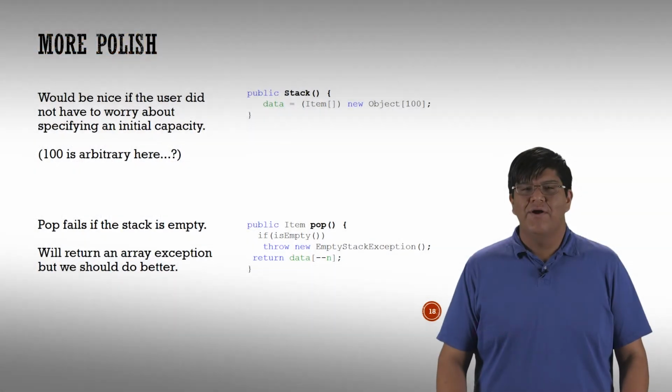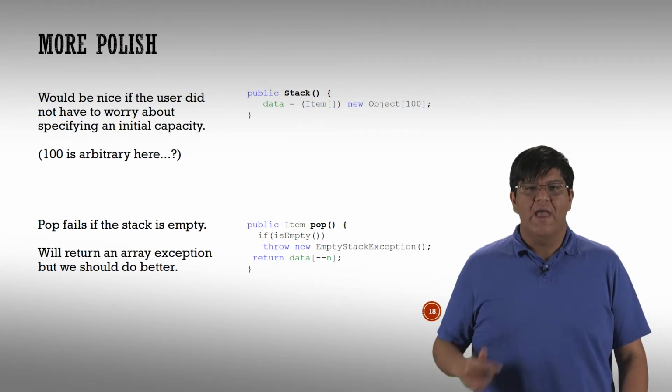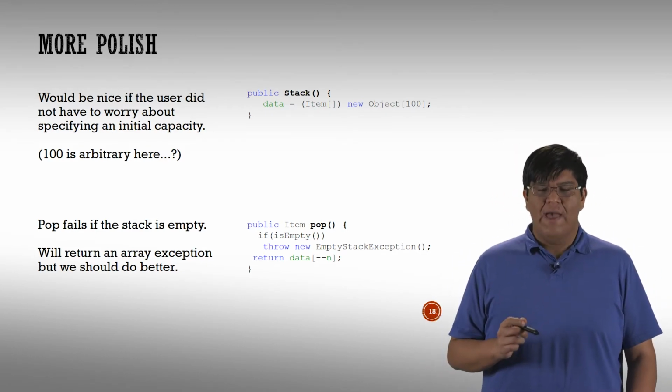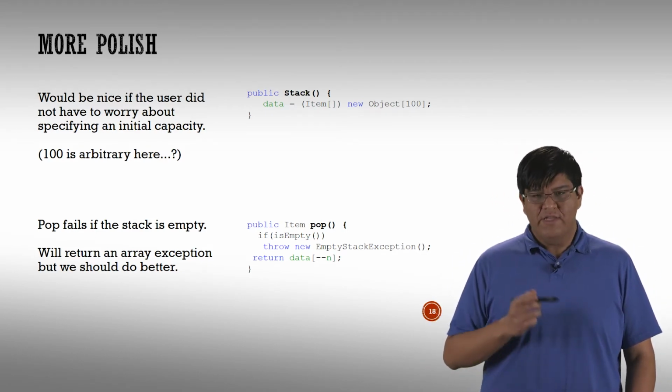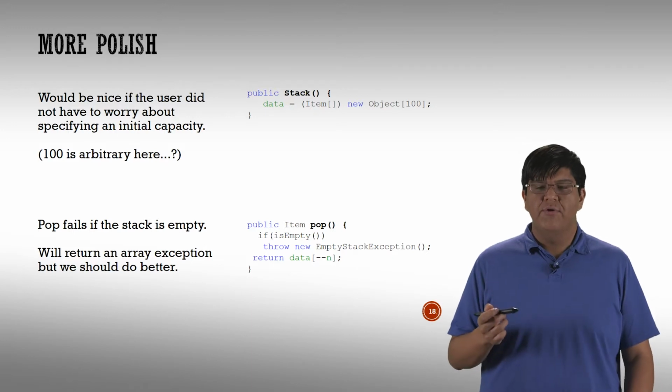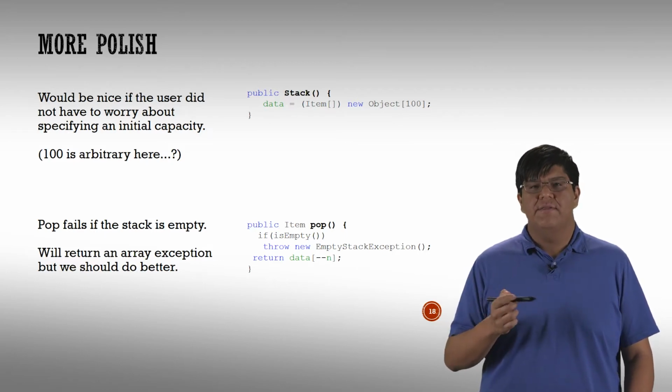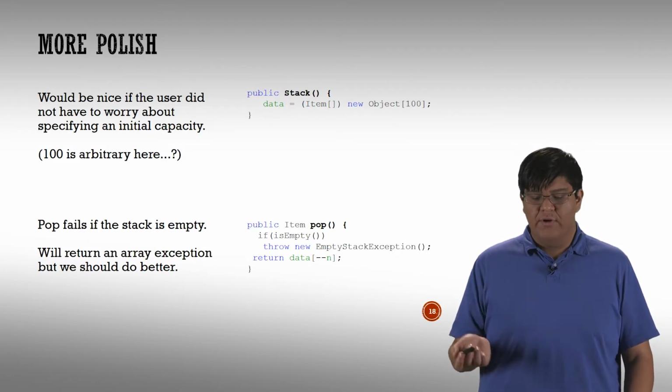Hey folks, in this video, we're going to do some very quick polish on this simple stack that we've been implementing and improving. The first thing we want to do is deal with the capacity problem a little bit. A very typical thing is to remove that constructor that we have where a capacity comes in. We already said there's maybe an issue if that capacity is 0, right? I won't be able to grow it in that case, so maybe I can make it greater than 0.